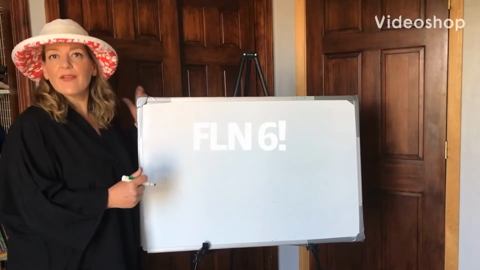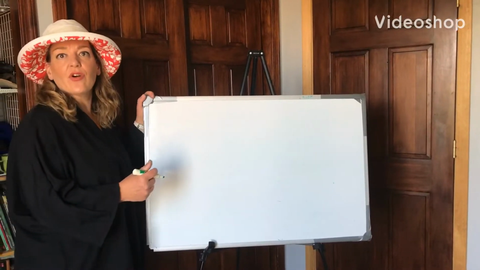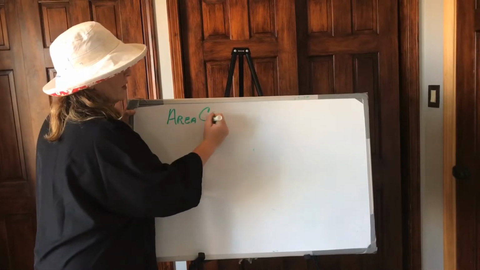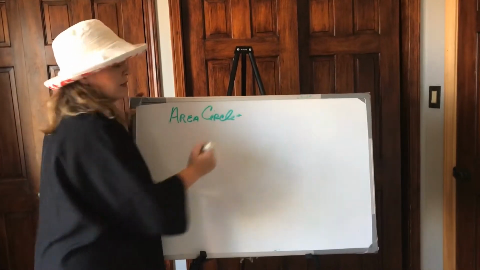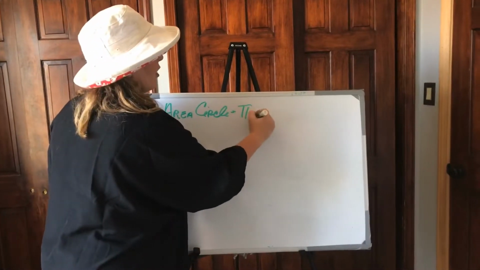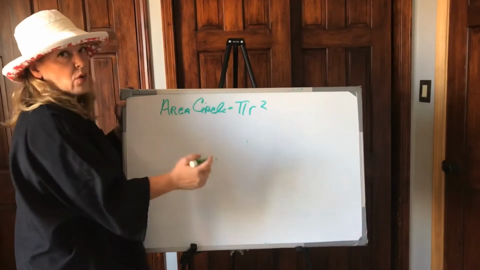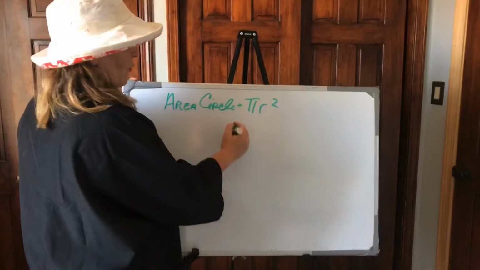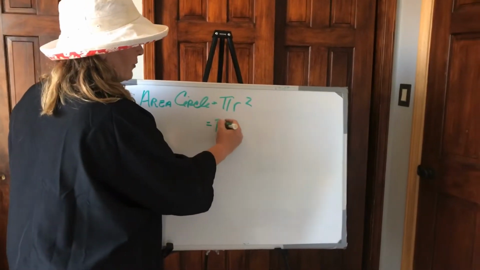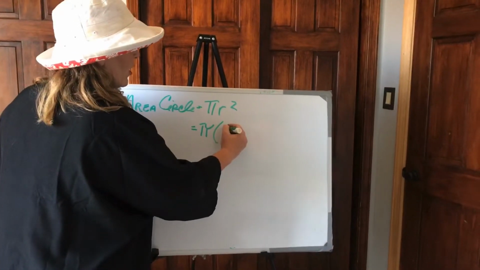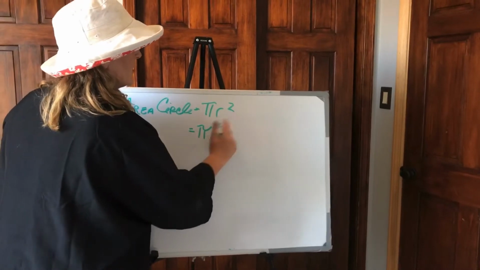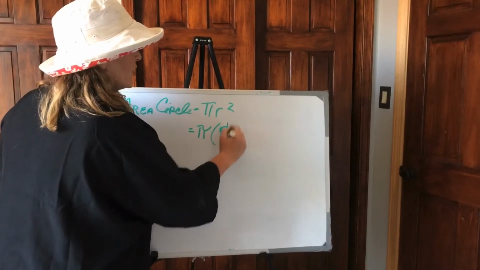Okay, this is going to be FLN 5, which is area of a circle. So the area of a circle is equal to pi r squared. So we need to know the radius or the diameter for this. If you want to have the equation in terms of diameter, it's diameter, little d, divided by 2